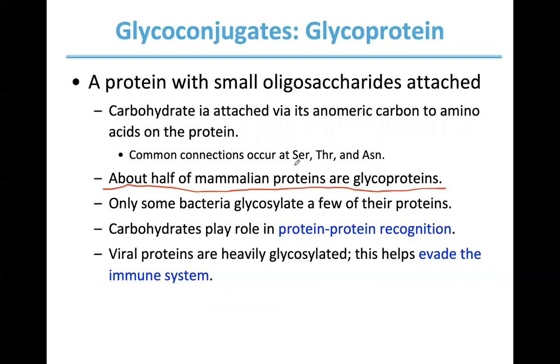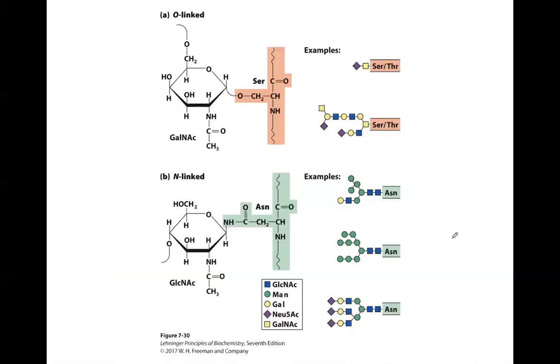Okay, and the carbohydrates are mostly attached to serine, threonine, and asparagine. And the carbohydrates are actually molecules which play the key role in protein-protein recognition. When the two proteins come together, usually they expose their carbohydrate regions, those interact, and they say, okay, we match each other, so the proteins will be